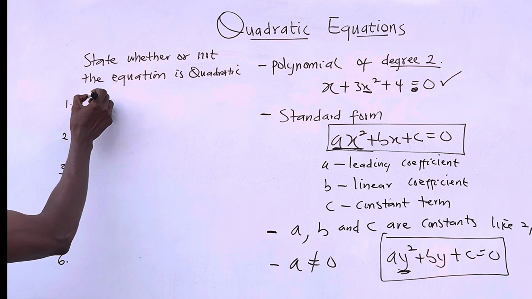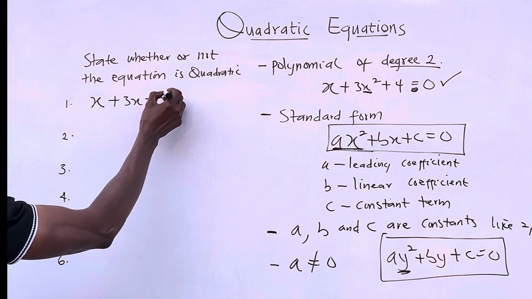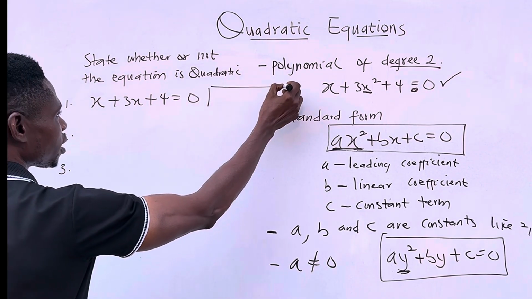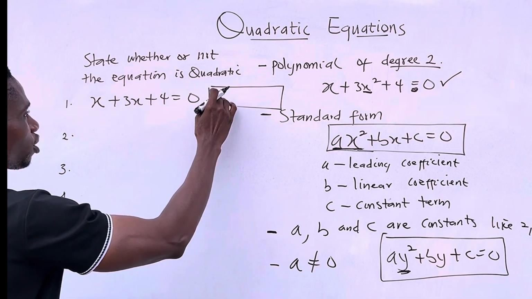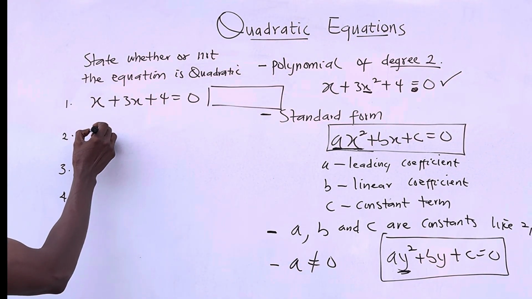So number 1, x plus 3x plus 4 equal 0. So here you state quadratic or you state not quadratic. So that's the first one. The second,